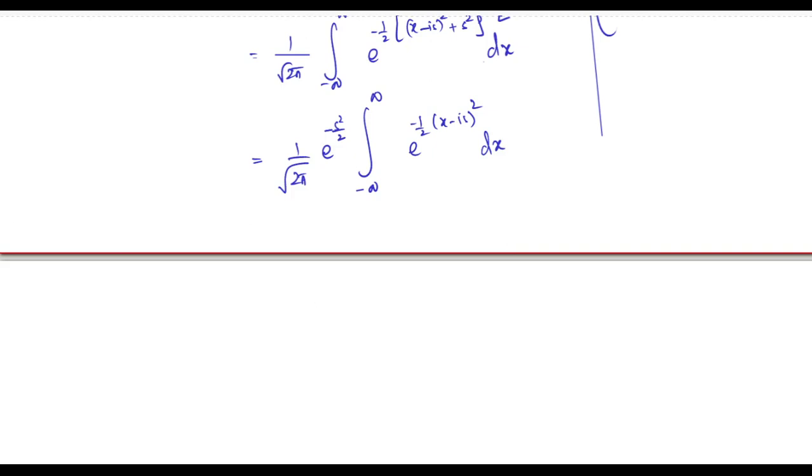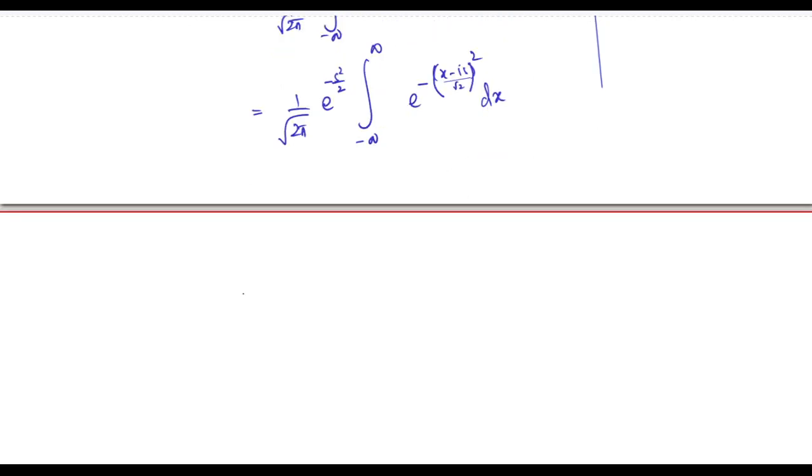Probably we can also think of this as this divided by square root of 2 and hence whole square. Therefore we can take this off, and this one will give you just minus something. Therefore we can write now, let u is equal to x minus is divided by square root of 2,